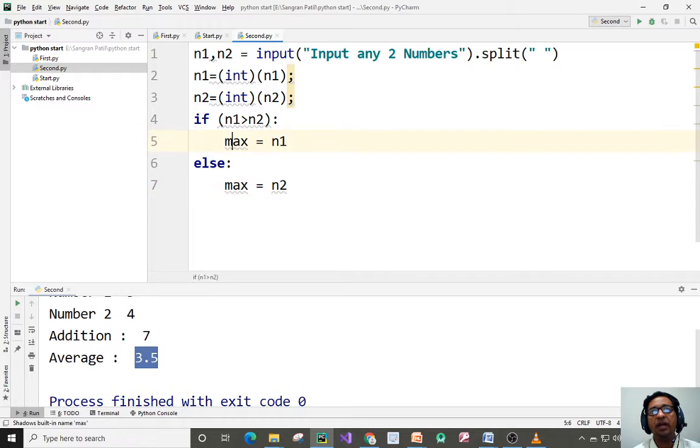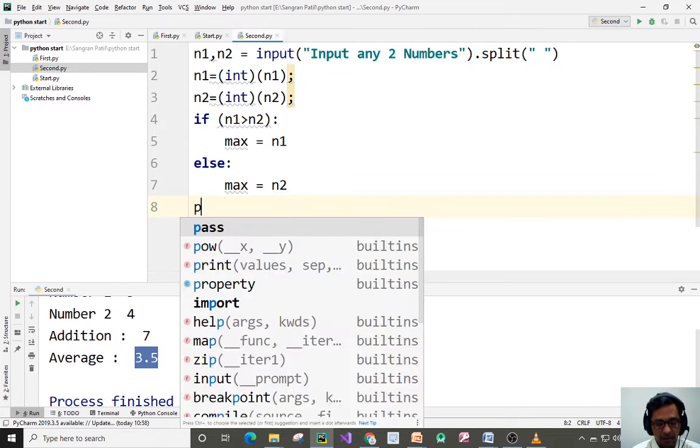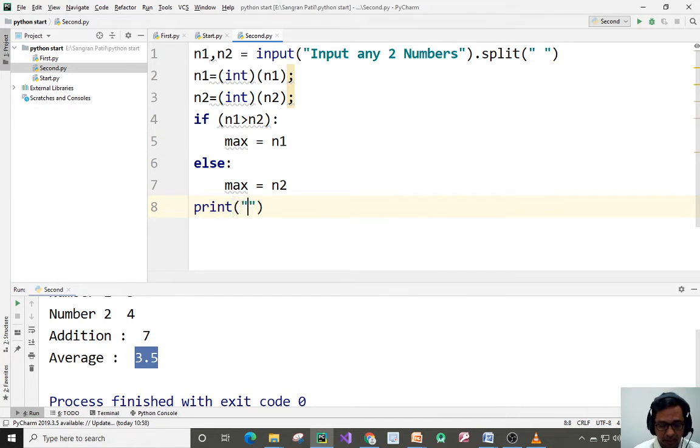We don't give any curly brackets here. Instead of curly brackets, indenting is important. This blank space is compulsory; if you don't give it, it will generate an error. In Python everything is based on indenting. Then you can use print, maximum number is, comma, max.